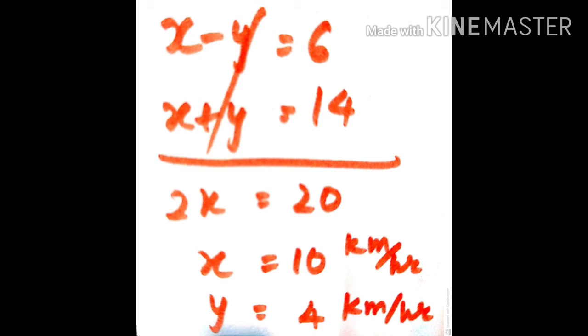Now this x value you can substitute either in equation number 3 or equation number 4. If I substitute in equation number 4, then 14 minus 10, the y value I get is 4 km per hour, which I have written directly. So students, the x and y values which they ask for, the speed of still water and the speed of stream, we got as our answer. So whenever boat and stream questions come, you should know how to solve. And now we will see the next type of questions which are based on time and distance.